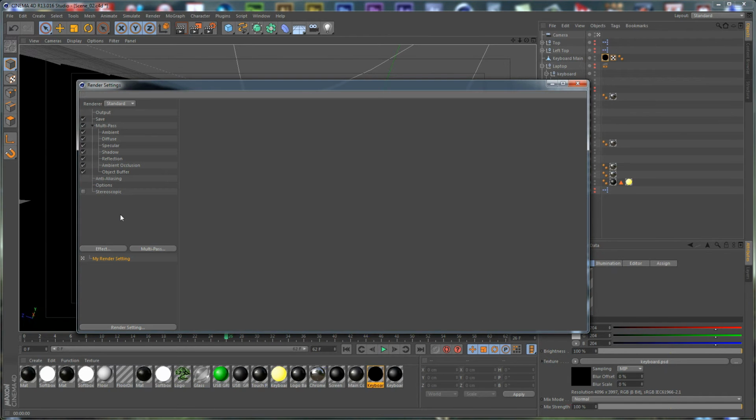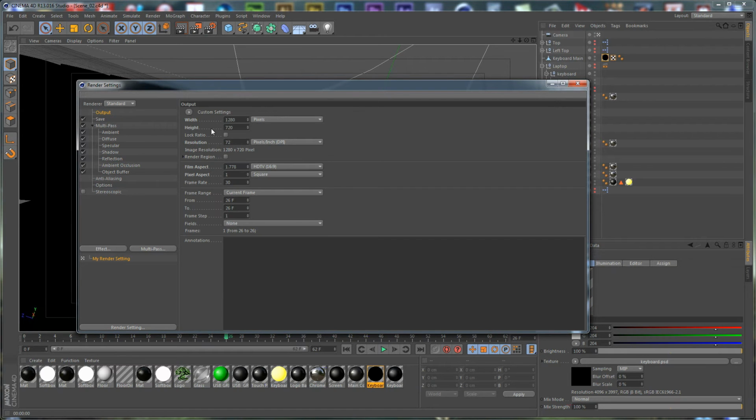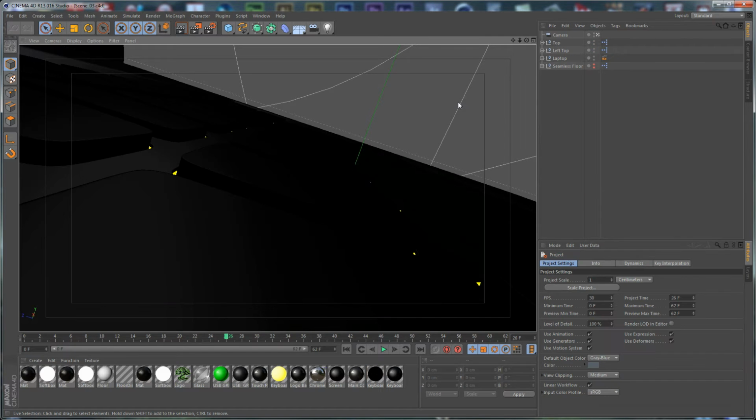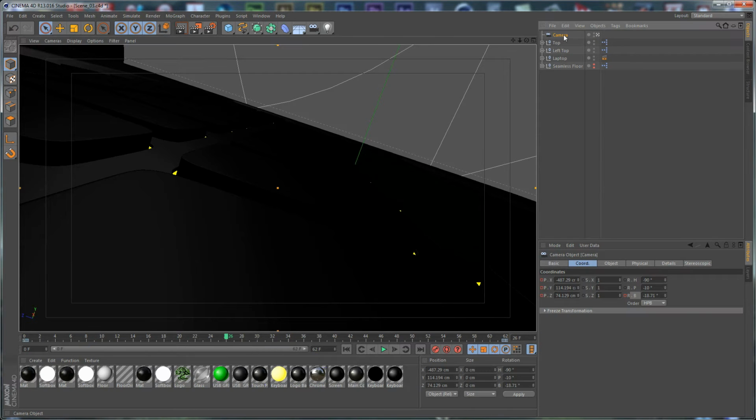Let's check the render settings again, and let's set this to all frames and close this one and press Ctrl S to save the project. Now I'm going to make a copy of this project for our next scene and move on. So I made a copy of the project. As you can see, we are at scene 3 right here, and for this project let's delete the camera,